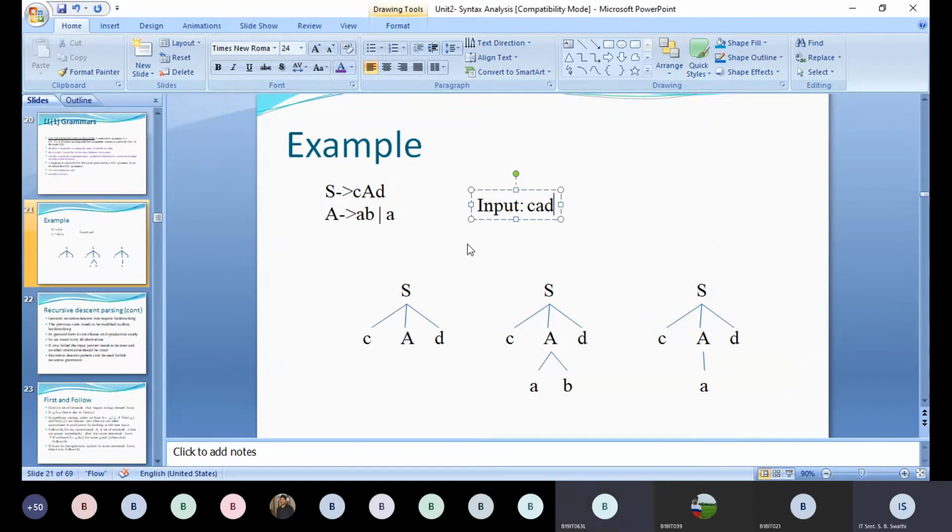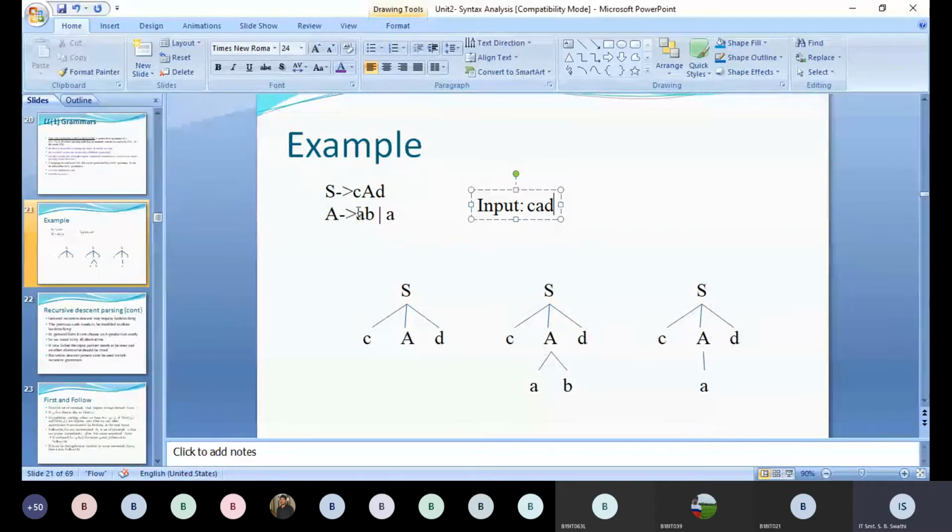So we should start generating the string by taking the start symbol. With S, we have only one grammar rule. We don't have multiple grammar rules, so we don't have a choice. Take that as it is. Now, for the second production, C and D are terminals. We cannot expand them anymore. The only option we have is A. So in this capital A, if you see the given string, C and D are there, starting and ending. C and D are already obtained. We only have to generate the middle terminal a from this non-terminal.